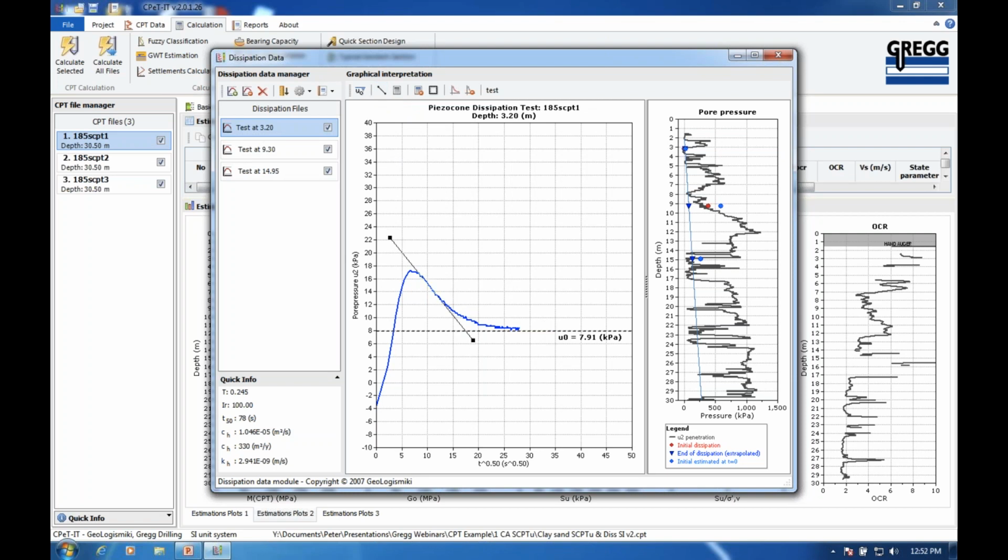Now this one's a bit complicated because it rose up before dropping down, but what it's basically saying is the pore pressures were negative behind the tip, but they're generally positive around the cone. So they rose up and then started to decay. By drawing a straight line through that portion, it extends back to what it would have assumed the initial pore pressure would have been. And based on that, it calculates the T50 and gives the CH and the permeability